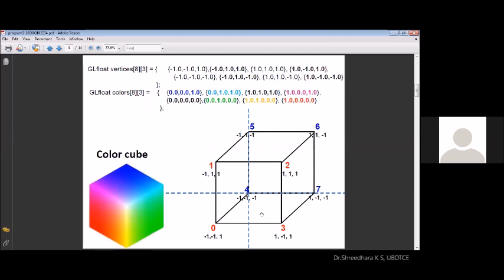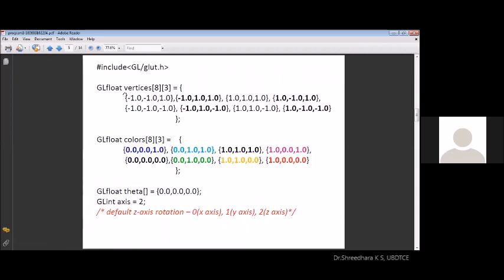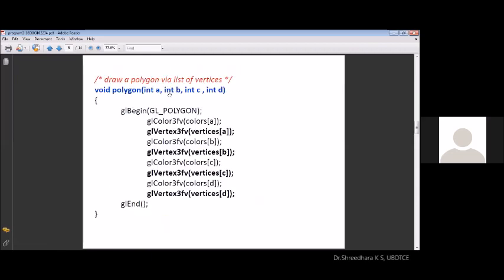0, 1, 2, 3 support. So based on this 0, 1, 2, 3 support, this is the first face. Similarly, all other faces are numbered properly so that we will be taking control whenever it changes. When this polygon function is invoked with different values for ABCD, the corresponding faces start coming up and create the polygons. They are joined together to form a cube structure. So GL begin, GL polygon supplying the 4 vertices, and this function polygon makes the vertices support to create a polygon.